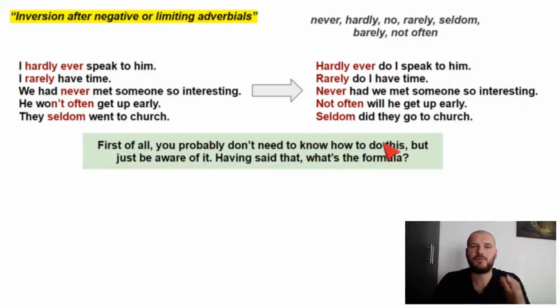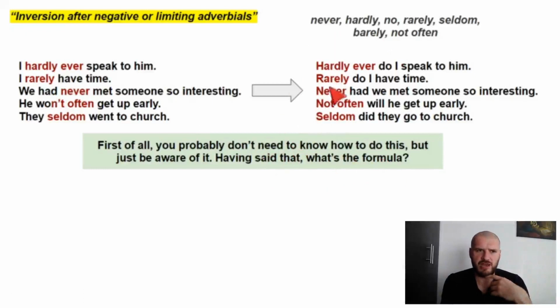But it is important that you understand that sometimes writers will write like this, especially in books, novels, okay? You will see this structure and you will think, that doesn't make sense. What's going on? Why is there a do here? Well, it's a do because it's an auxiliary, all right? It doesn't actually mean hacer, it's just do as an auxiliary. So even though you don't need to know how to do it, what is the formula? What do you think the formula is looking here?